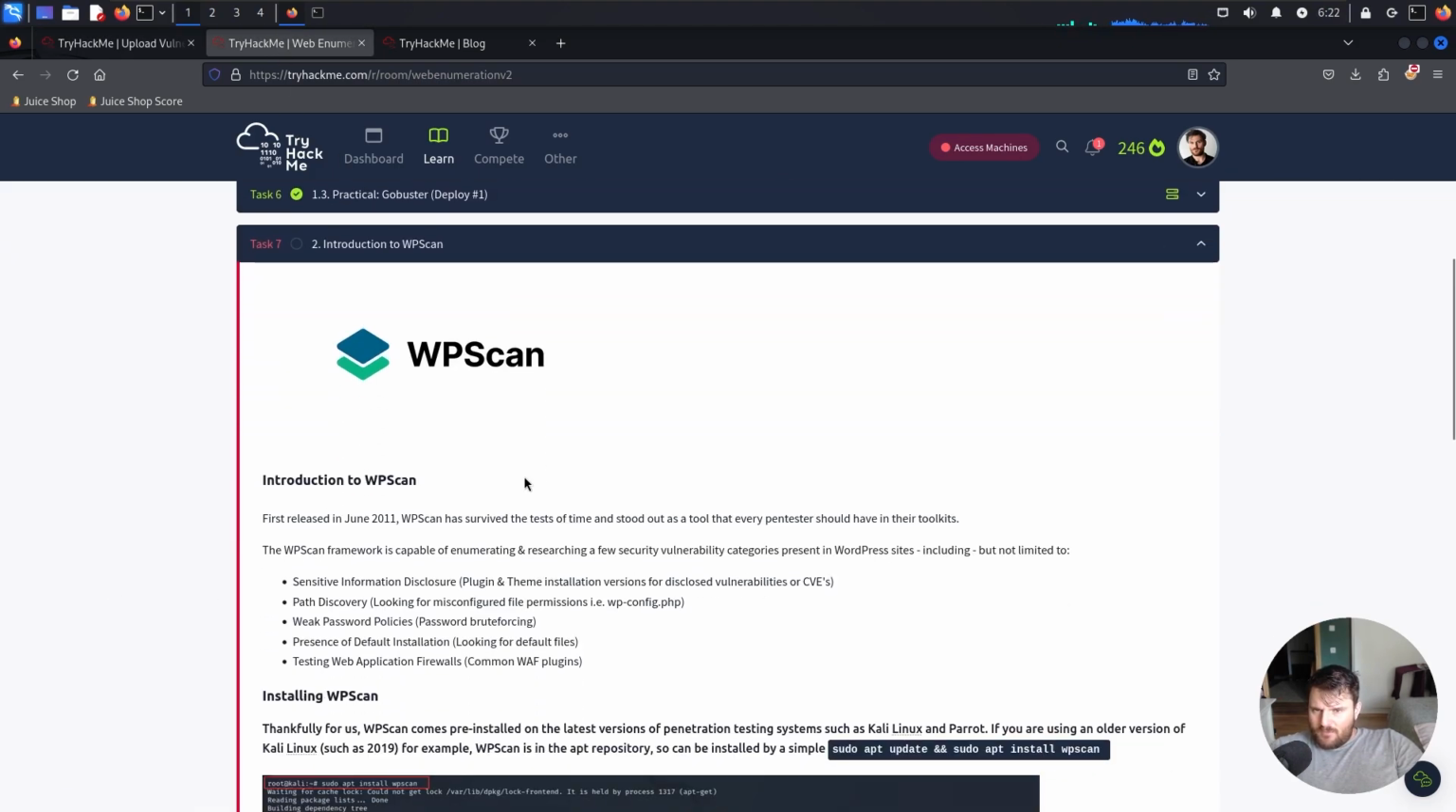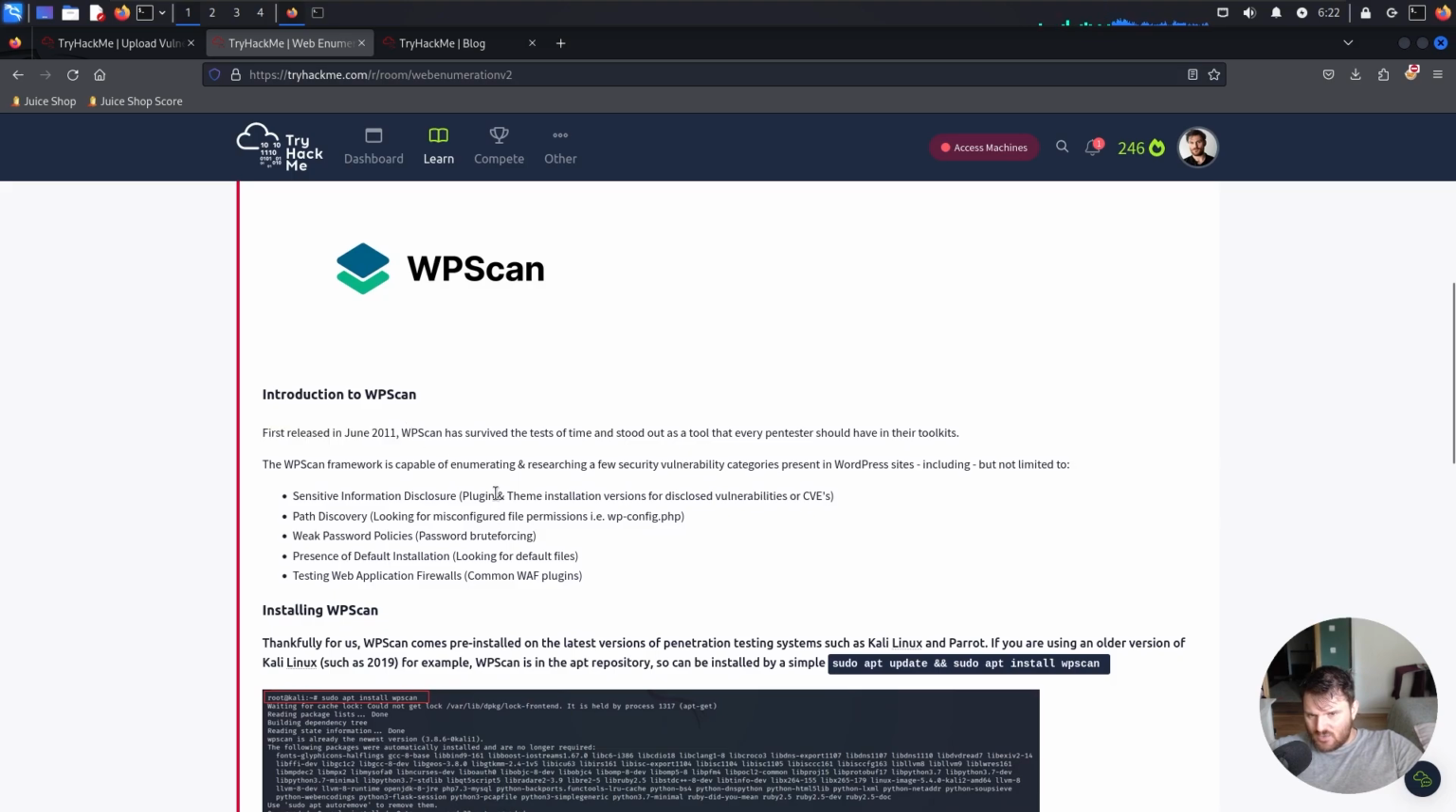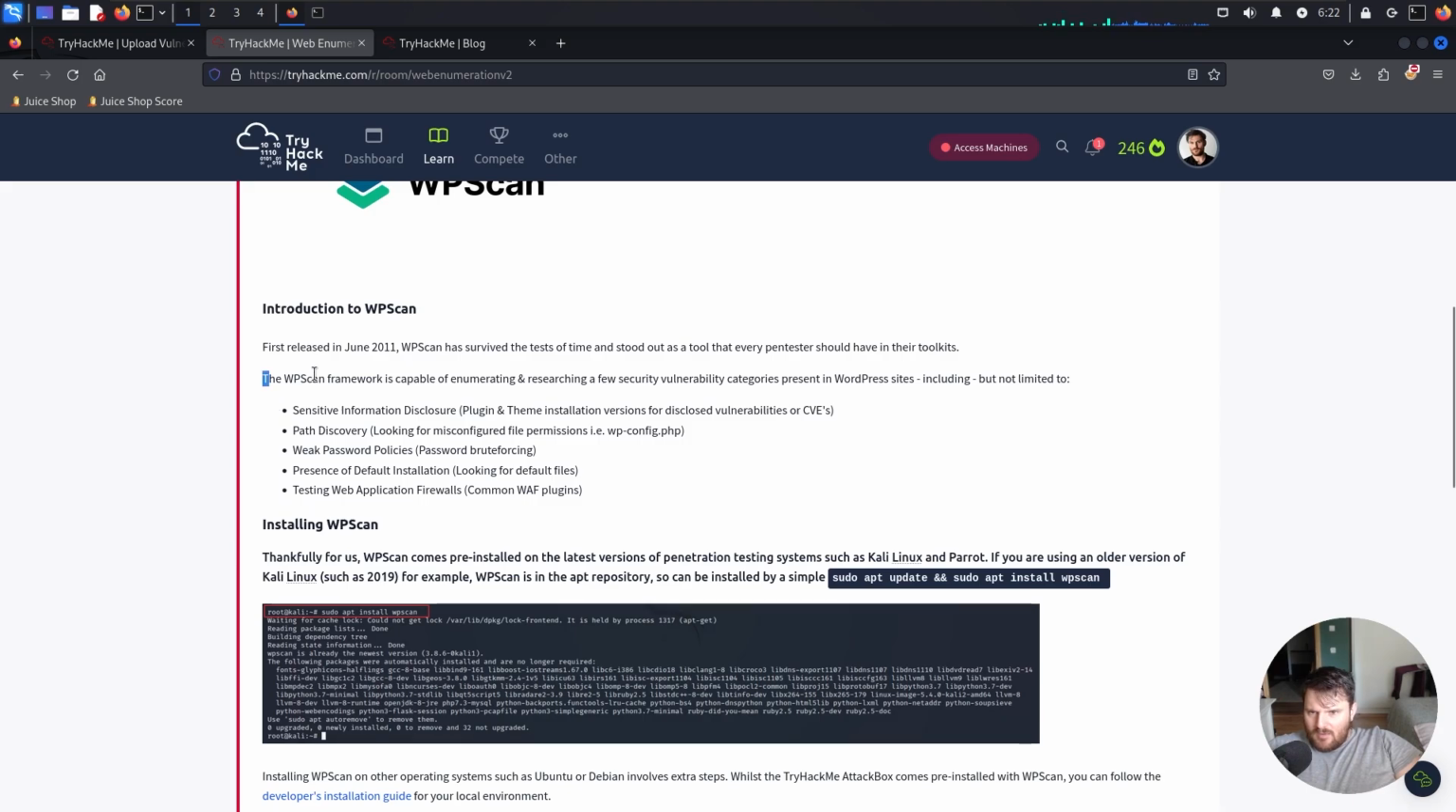So what is WPScan? First released in June of 2011, WPScan has survived the test of time and stood out as the tool that every pentester should have in their toolbox. The WPScan framework is capable of enumerating and researching a few security vulnerabilities categories present in WordPress sites, including but